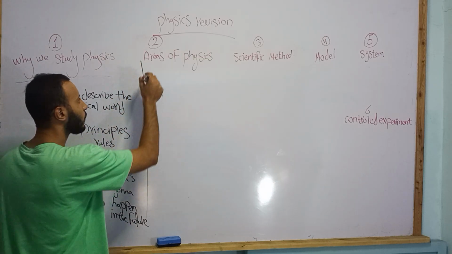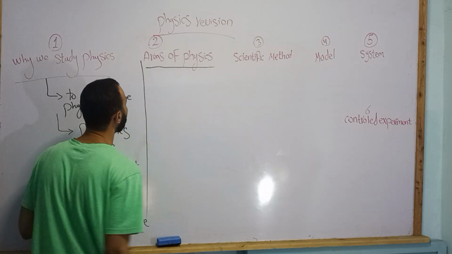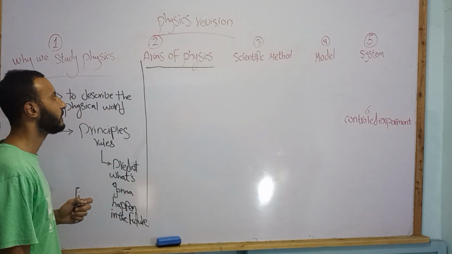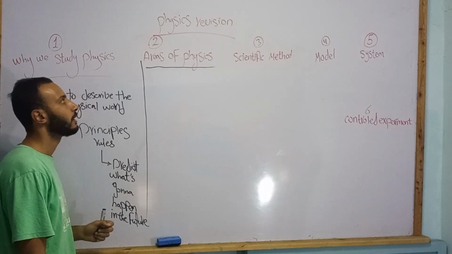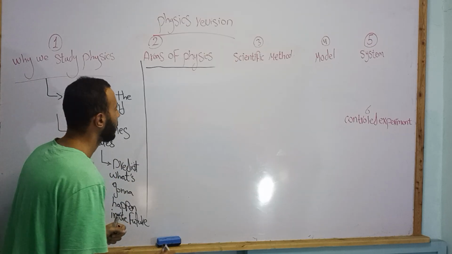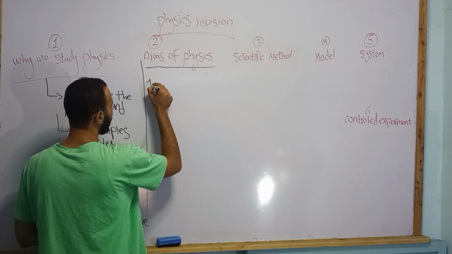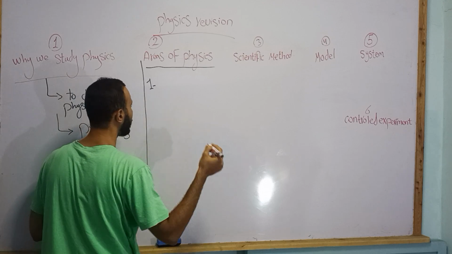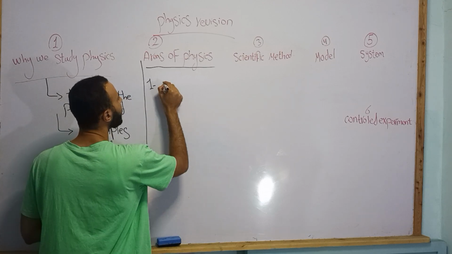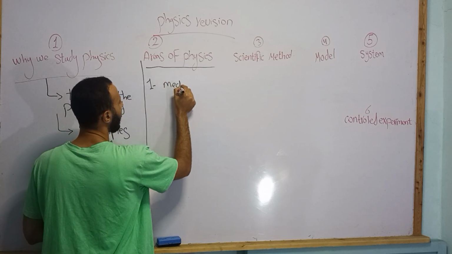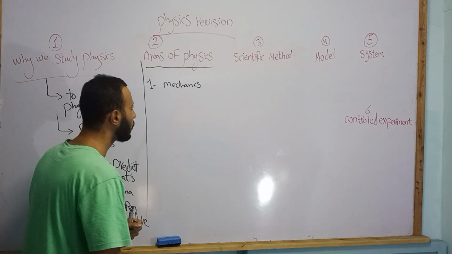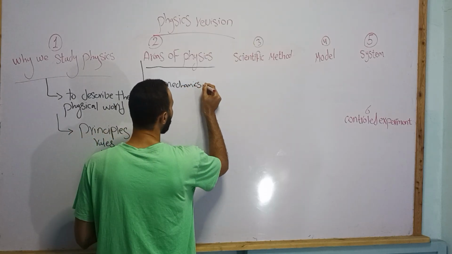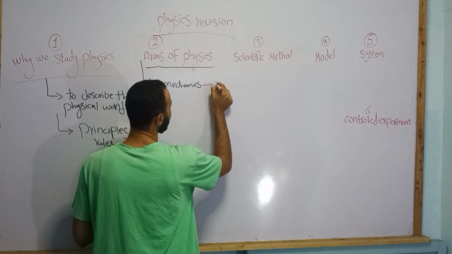Let's get to the second one, which is a very common and easy concept in the first lesson. The areas of physics. First one, we discussed some areas or some branches called mechanics. And mechanics was associated with all of motion